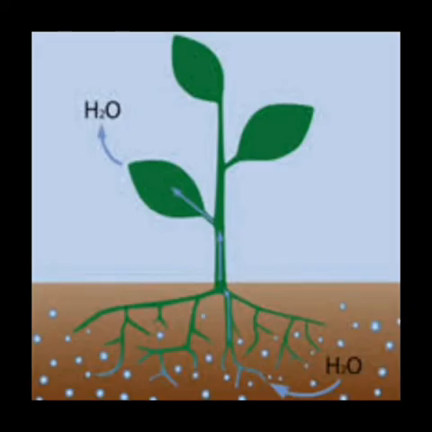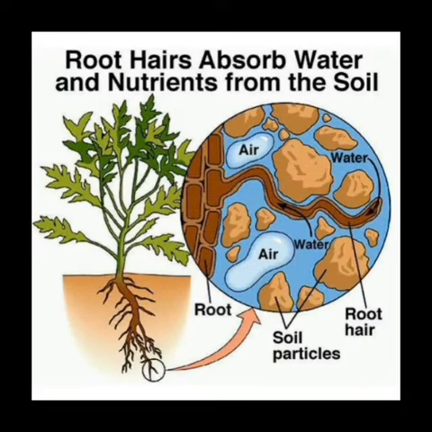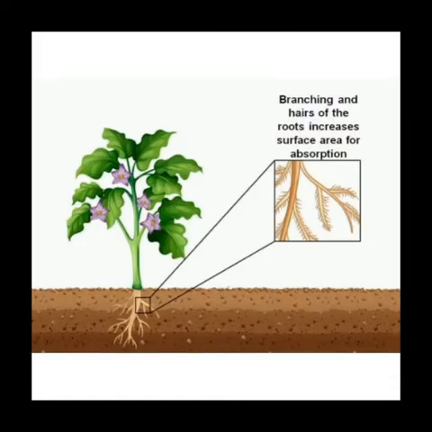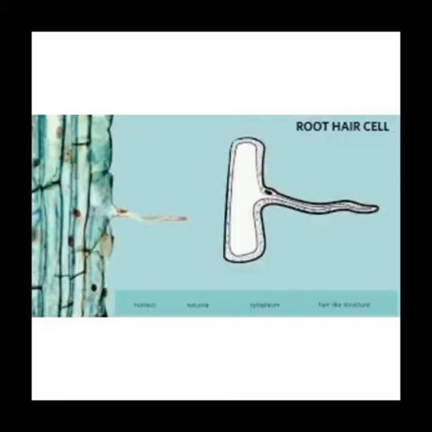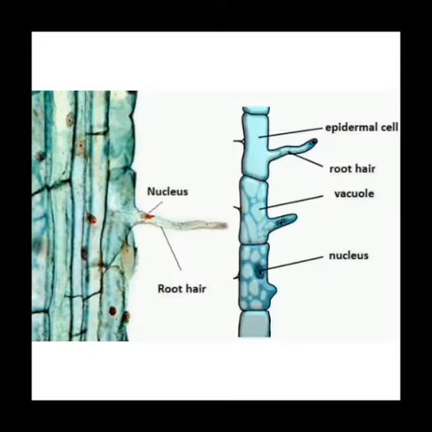How do plant roots absorb water? It takes place through the tiny hair-like structures present on roots. These structures are known as root hairs. They are the extensions of epidermal cells of roots. Like the villi present in the small intestine, root hairs can increase the total absorptive surface for water.